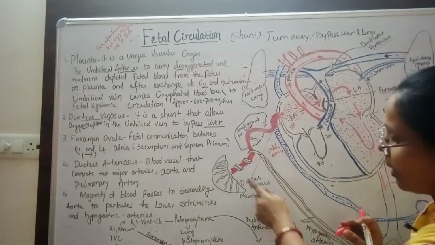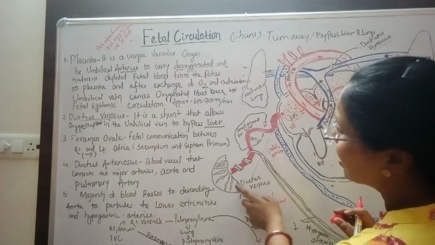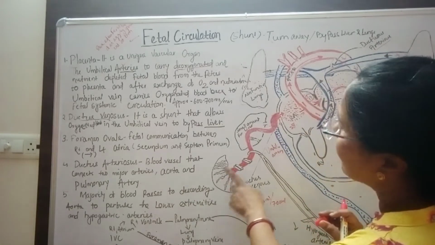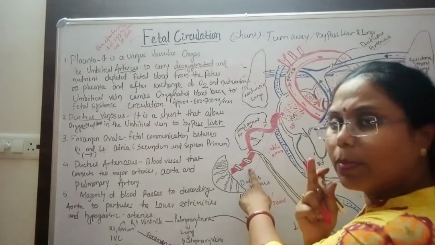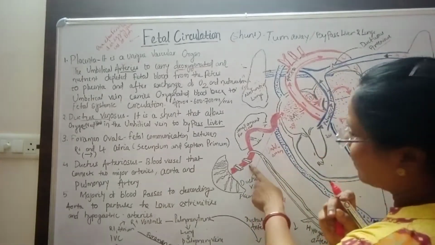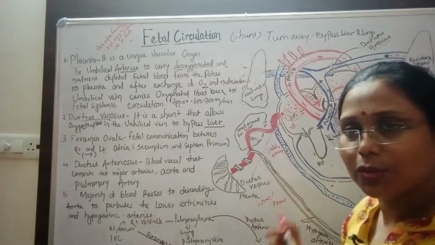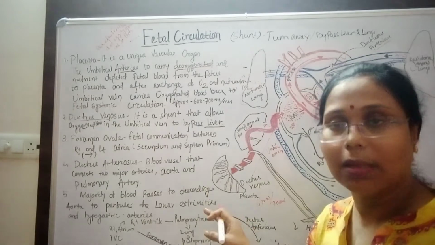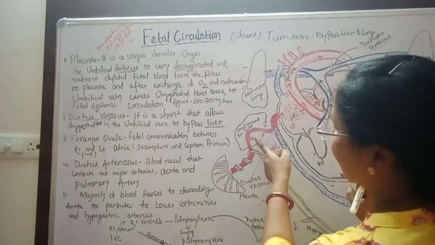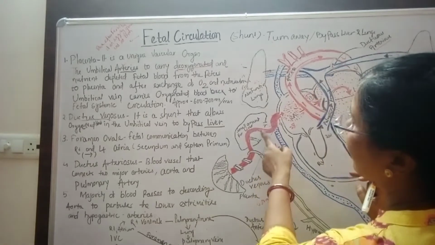Once again, we discuss the fetal circulation. The placenta plays a major role. From the placenta there is one umbilical vein and two arteries. Through the vein, the oxygenated blood, rich in oxygen and nutrients, is carried from the mother's side. The placenta sends this blood through the umbilical vein. It moves to the